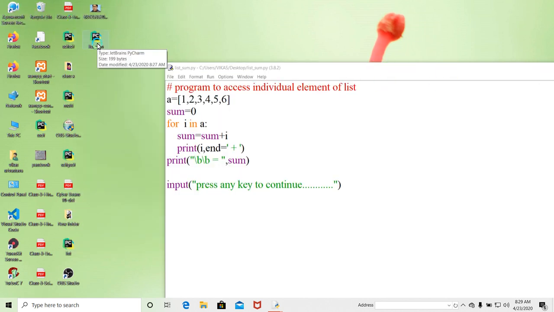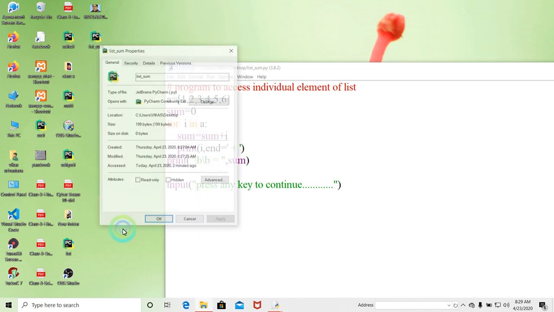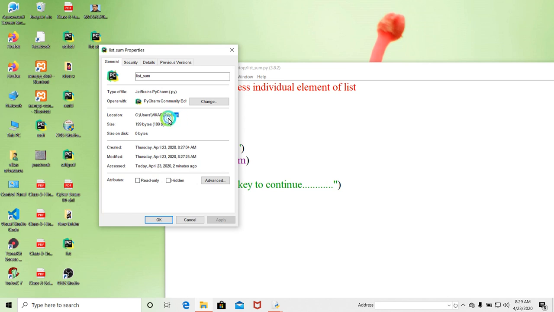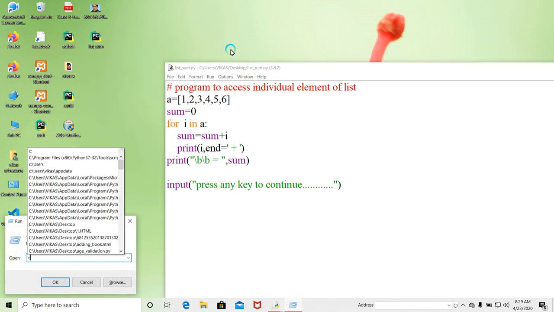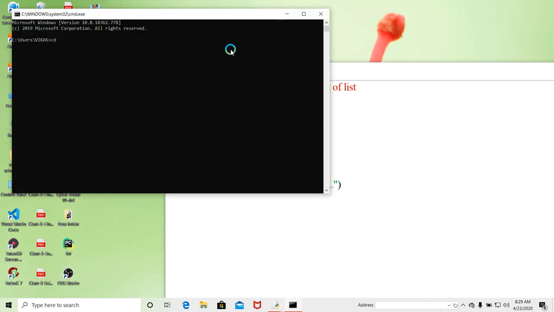First, right click on the file which you want to execute through the command. Listen here once again, the steps to execute your programs by using the command prompt. Right click on that, go to the properties and copy the path here. Copy. Then go to the command prompt and press cd/ to come to the main directory.